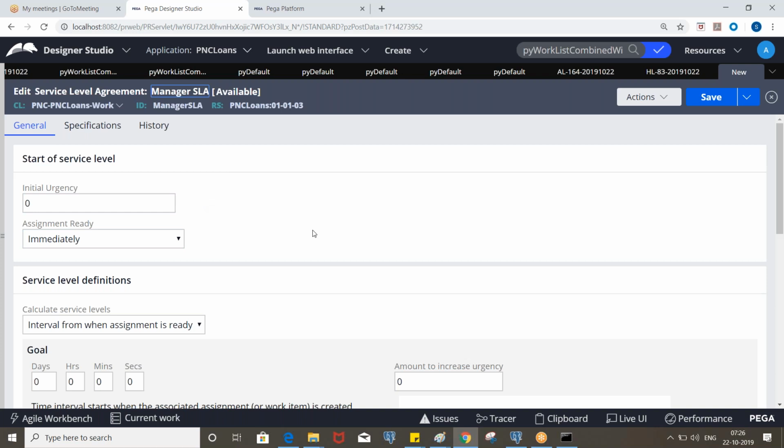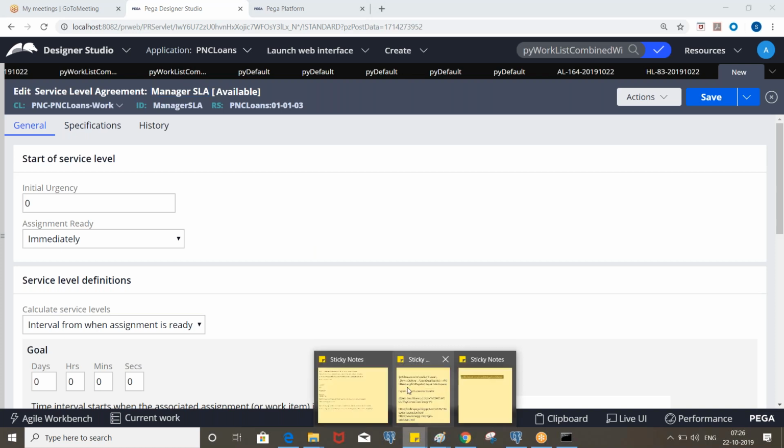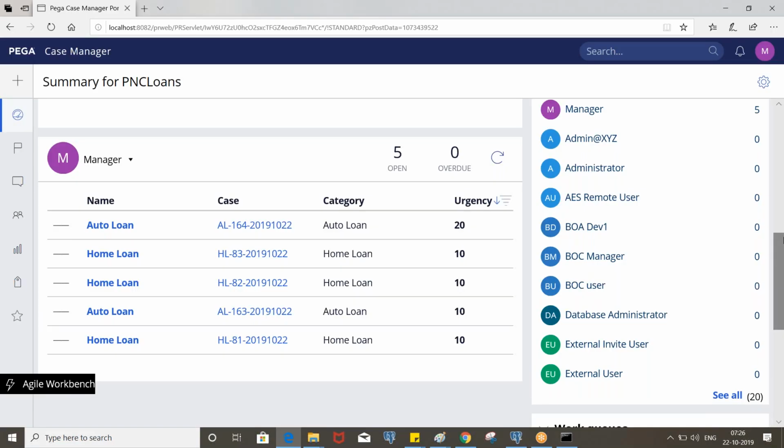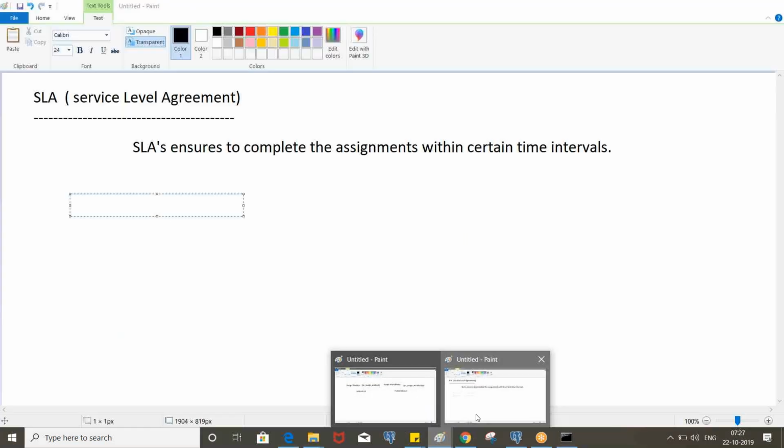Okay, let's say the first assignment of home loan. So when the assignment is created, immediately it will be routed. And so what will be the urgency? So when you create a home loan assignment, 10. So what is the urgency? 10, right? So it will be 10. And if we set initial urgency, let's say 5, it will be how much? So 15, right?